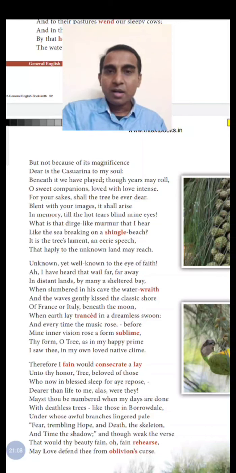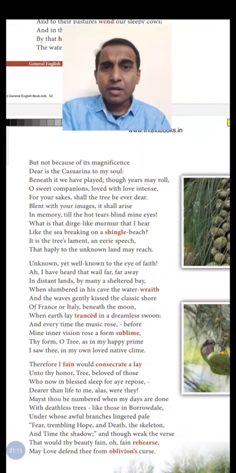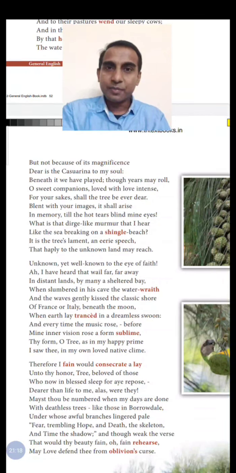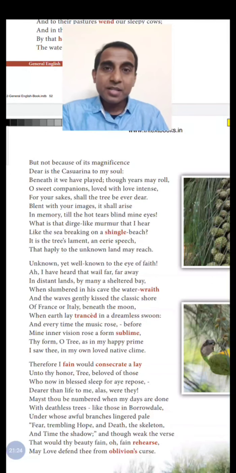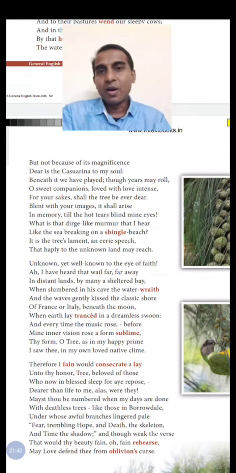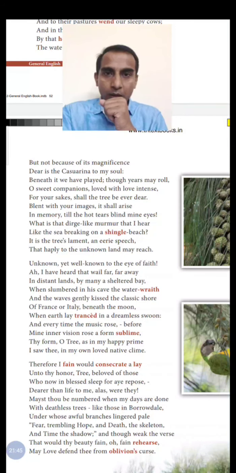Here she says she doesn't like the tree just because it is magnificent, but it is something very close to her soul because all her loved ones have played with her. The tree gives the memories of all her friends and family who played in that place, and now she's missing it, and her eyes are filled with tears. Not only that, she can also feel like the tree is also lamenting at the loss of all these small children who played around that tree. That's the third stanza. So we have two more stanzas.